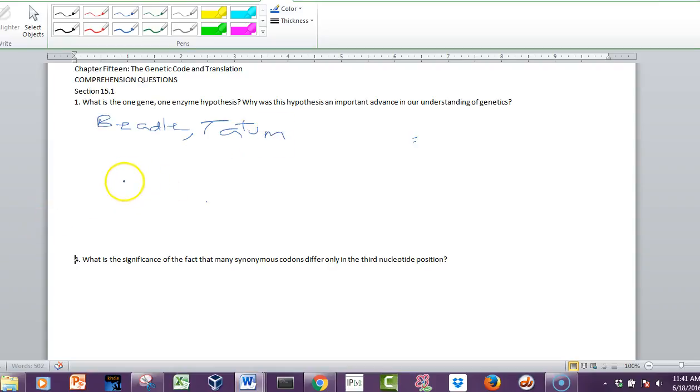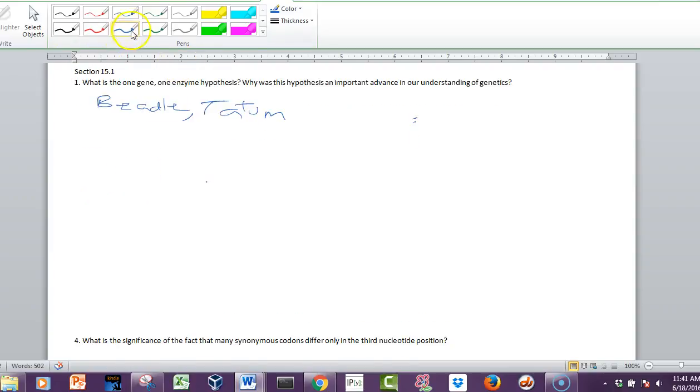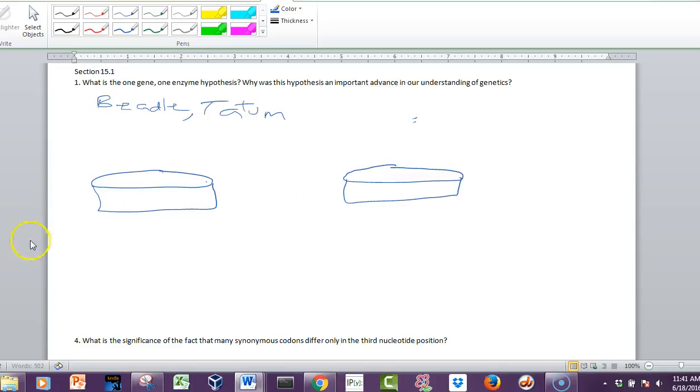And they had these mutants. So they had a particular type of mutant, and they would grow these things on plates. They actually used little tubes, but you can do it on plates too. So that's a petri dish with some media in it. Here's another petri dish with some other media in it. And this is complete medium, meaning that it has all of the nutrients that the fungus needs. And this is minimal media that is missing a bunch of stuff.